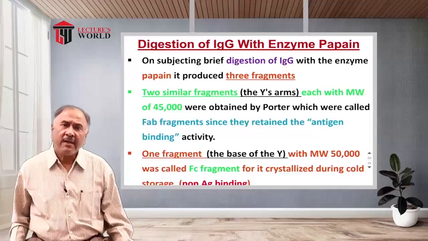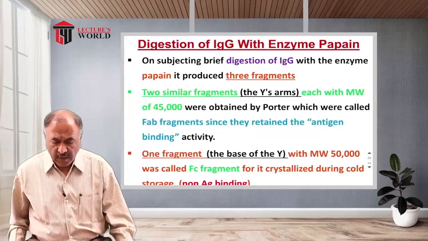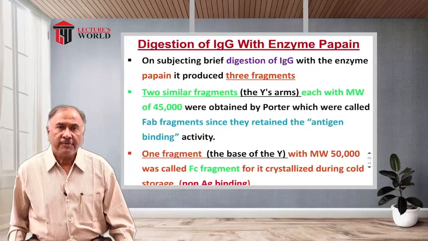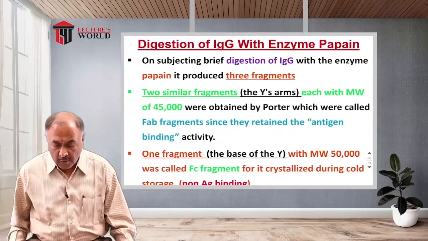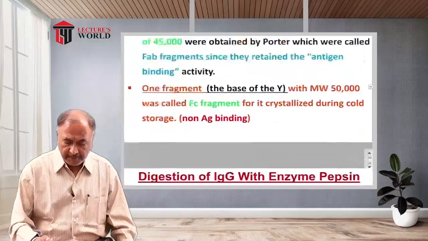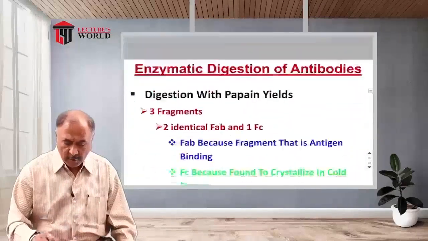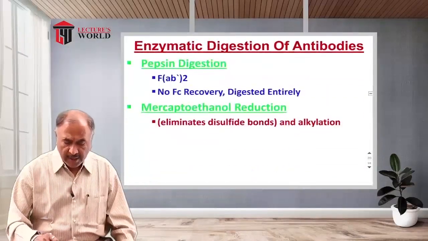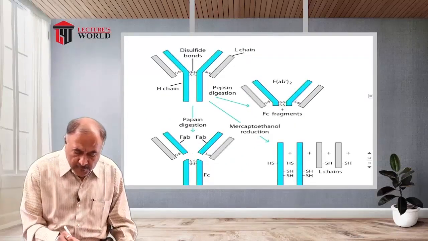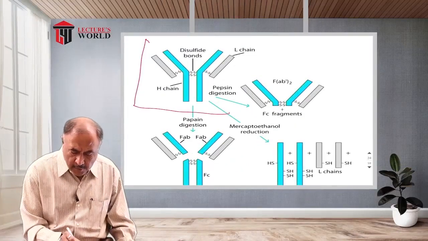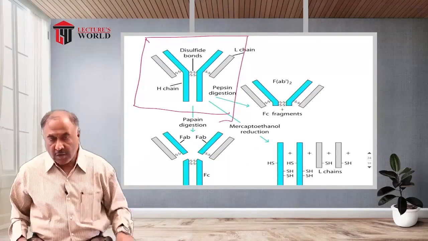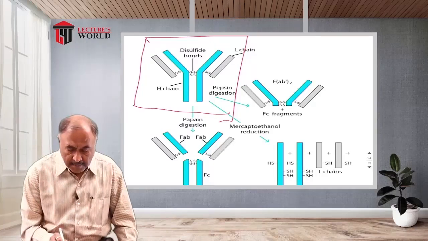How did they discover this structure? They did it by treating these immunoglobulin molecules with the enzymes papain and pepsin. I will show you the diagram, this one. Let us assume that this is a complete molecule of immunoglobulin. When they carried out the digestion with enzyme pepsin,